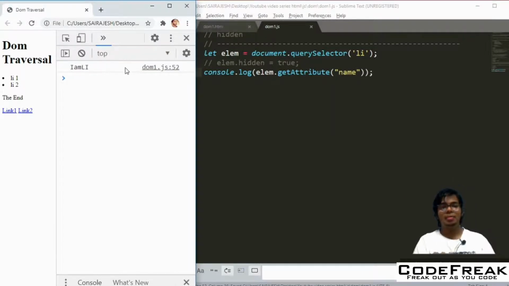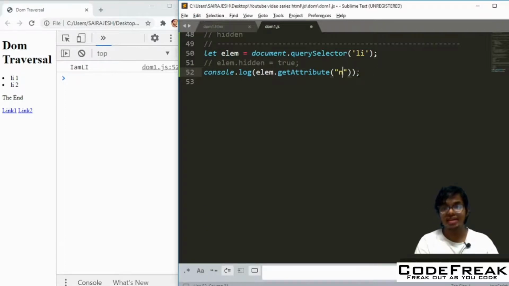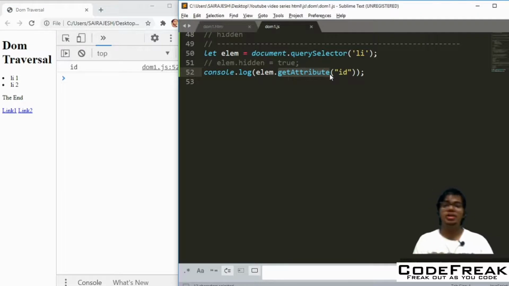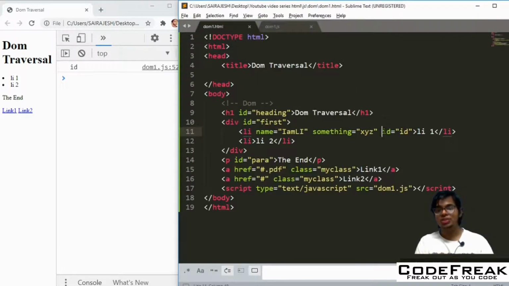You will get I am li. But when we did lm dot name, it didn't give. Now let's try it out with id also. Before we go ahead, does this give properly? Yes, it will give properly, because it's an attribute and a property. Attribute because in the HTML you have it here, and it is also a standard attribute, hence a property also.